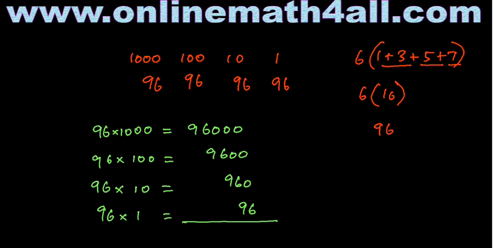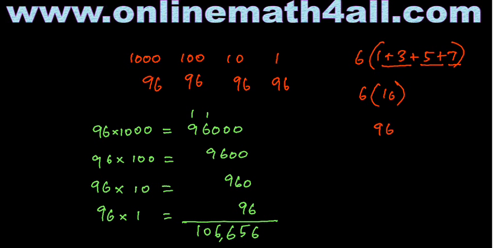Now we have to add all these numbers. So 6, 9, 9 plus 6, 15, remainder 1, 7, 7 plus 9. One second, let me check. 6, 9 plus 6, I made a mistake. 6, 9 plus 6 will be 15, remainder 1, 10, 10 plus 6, 16, remainder 1, 10 plus 6, 16, remainder 1, so 9 plus 1, 10. So we get,